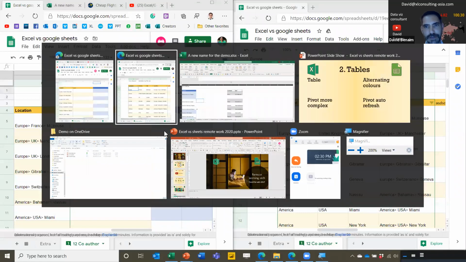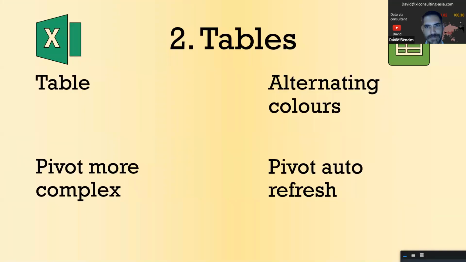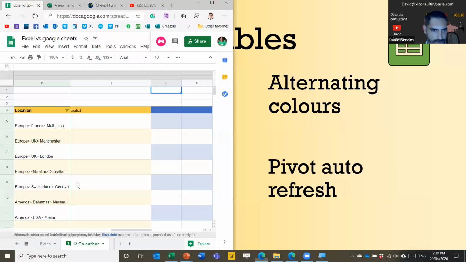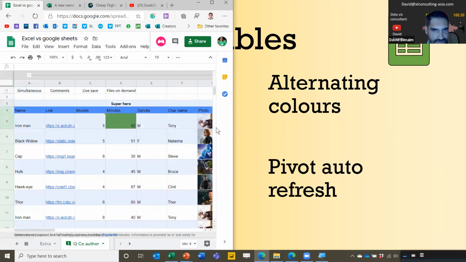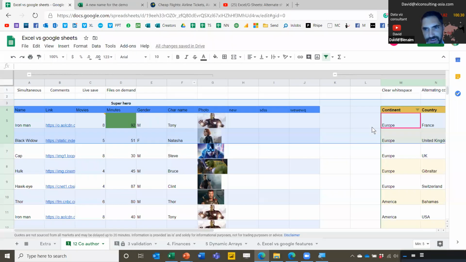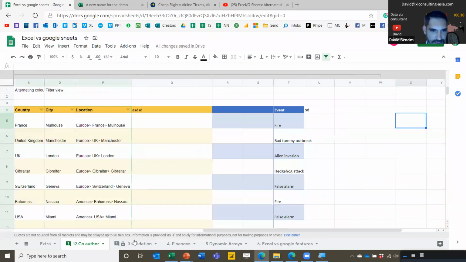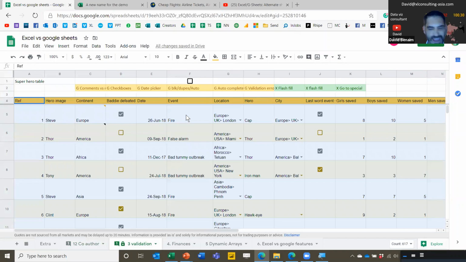It's a quicker one. No, I did want to show pivot tables as well in this one. So I will just show pivot tables very briefly in Google Sheets. This is aimed at people that already understand pivot tables.